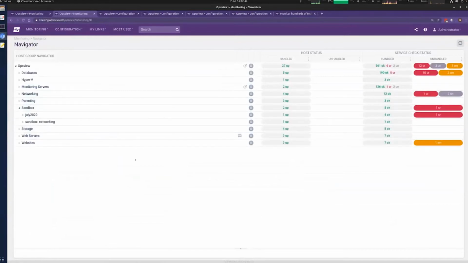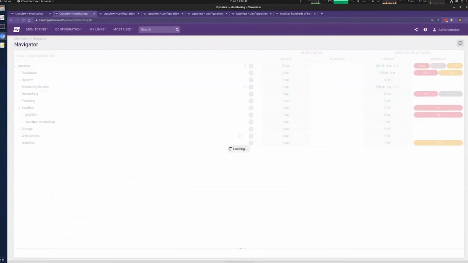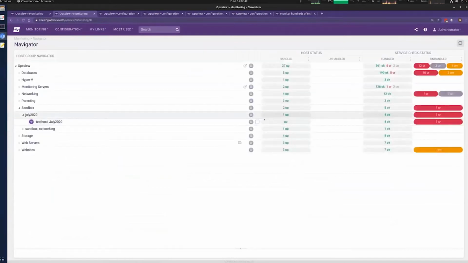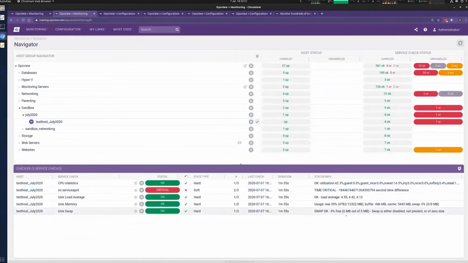So we've got a new host group, brand new host, and it's running some service checks, and we see we've got 4 OKs, one red, so we've got a time difference. There are a couple of interesting things we see here. We've got this state type and this 1 of 3 and 2 of 3. So what's happening here